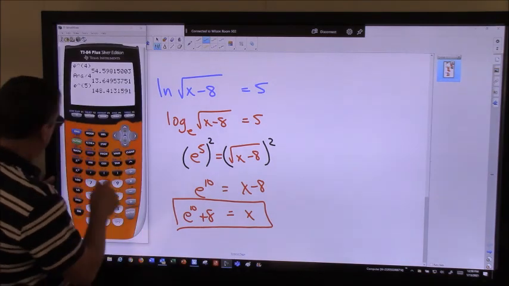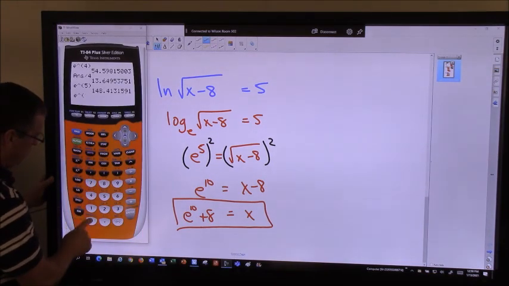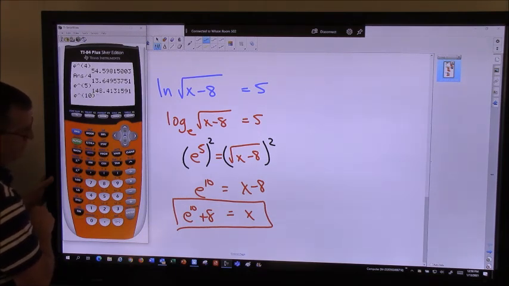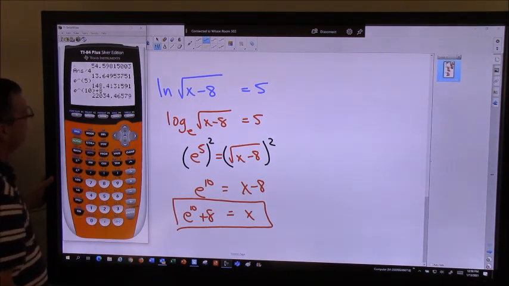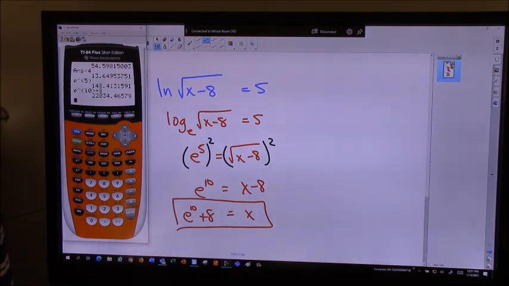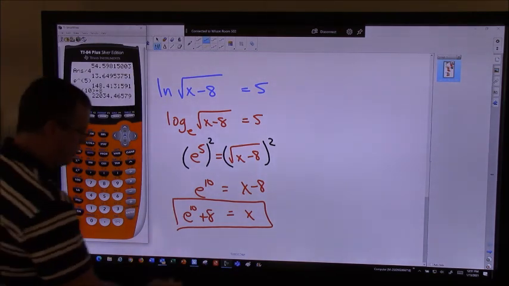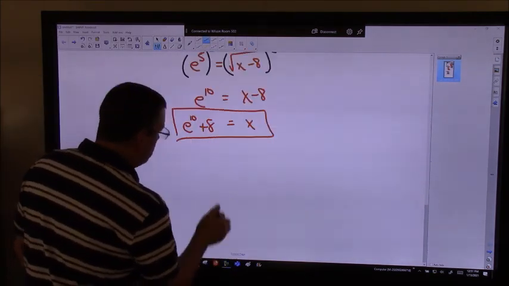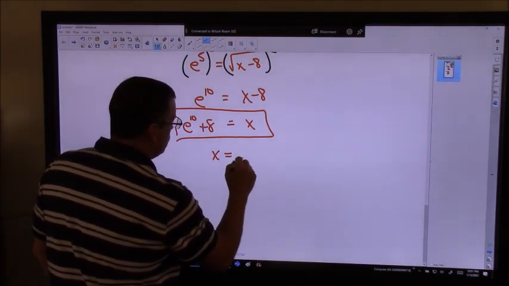Grab your calculator. Let's go e raised to the 10th power, and then plus 8. Make sure you close off that parenthesis. So 22,034.466. So x equals